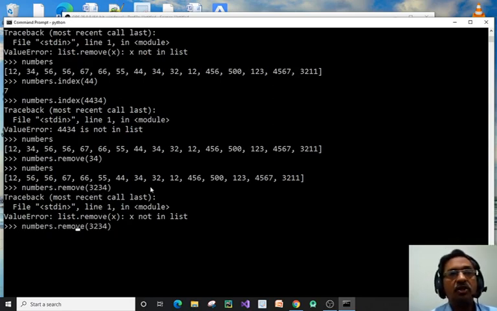To check this, we can use count. Check the count. If this count is 0, that means the number is not present, we cannot remove the number. And if count is greater than 0, that means the number is present, we can easily remove the number. Okay, this we can do in programming. Right now this is not possible. So when we go to programming, at that time we will see how to do this.